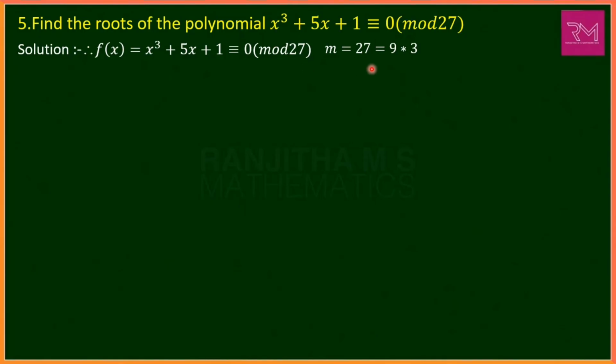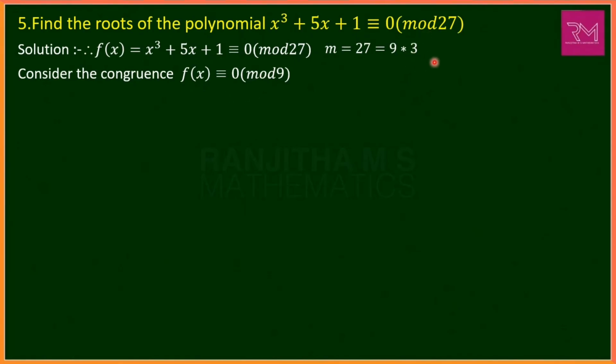So in the next step, we have to consider x values in such a case. M is 9 here. So for the bigger value, m is 9, which means we have to consider x values up to 9 minus 1, that is 8. Therefore, we have to consider the congruency in the form f of x congruent to 0 mod 9. Here they have given it under mod 27. We can write 27 in the form of 9 into 3. Therefore, we can take the congruency as f of x congruent to 0 mod 9. So we have to find the root for the polynomial under mod 9.